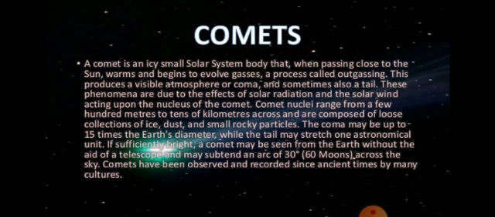The comets do not last forever. Each time a comet passes near the sun, it loses some of its gas, and ultimately only the dust particles are left in space. So when these dust particles enter into the Earth's atmosphere, they burn due to the heat produced by the air resistance and produce the meteors or shooting stars. So this is about the comets.